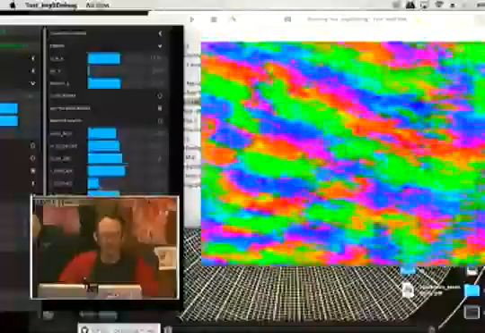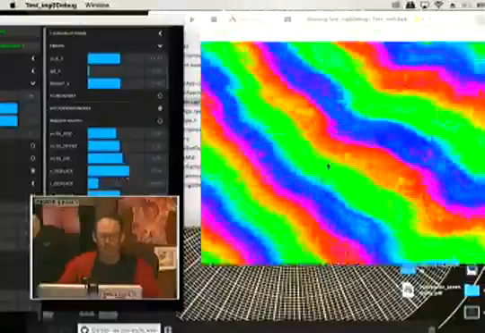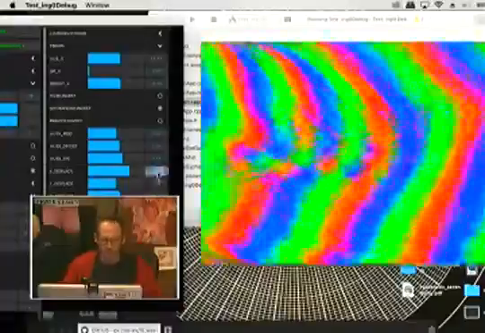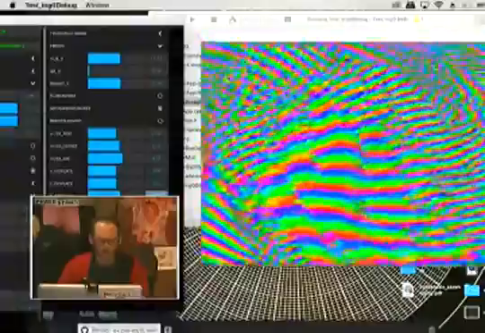But as you move these around, you get weird blobby shapes. So what these are, you can see these are like magnified versions of this, like the very fine scale wormy things you're getting when you